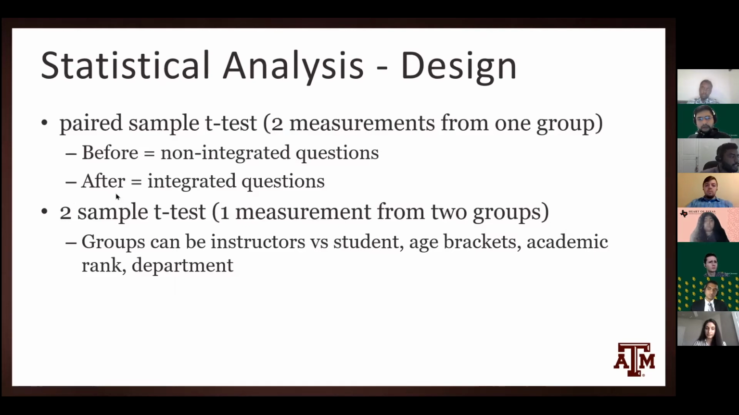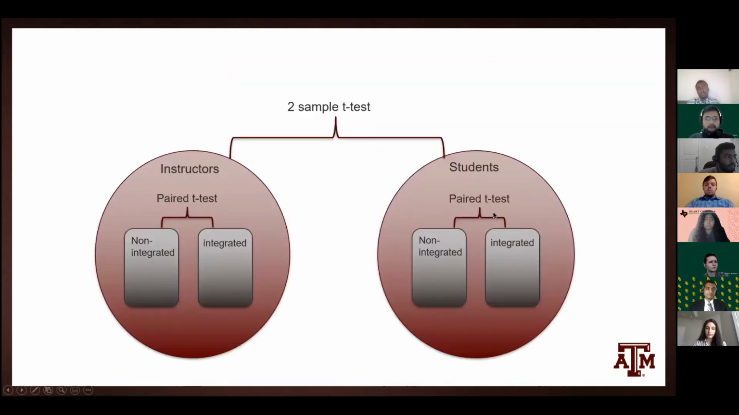And then after this, we can perform a 2-sample t-test, which is 1 measurement from 2 groups. So the 2 groups here can be instructors versus students, or instructors within different age brackets, academic rank, or department. So to better illustrate the design of my experiment, here we have the instructor samples, and then we have